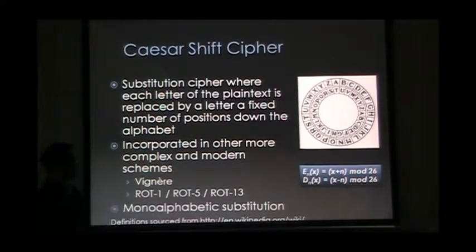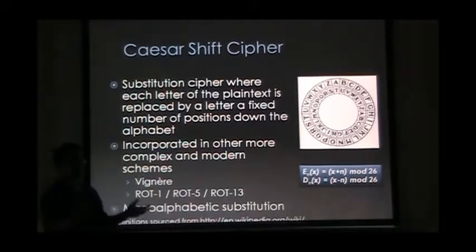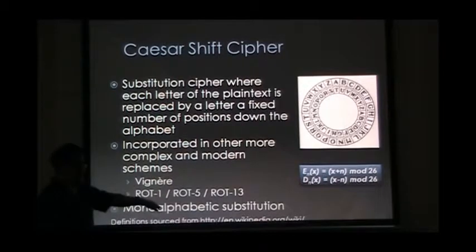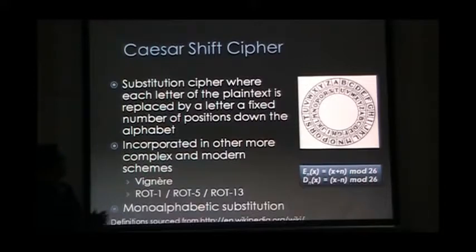This one is pretty straightforward, right? All you're doing is taking the normal alphabet sequence and shifting the letters by whatever X number of units you want. That's where ROT1, ROT5, and ROT13 come from. The numbers indicate the fixed shift they're using, so you shift 1 for ROT1, 5 for ROT5, and 13 for ROT13. Okay? But it's a very simple cipher,